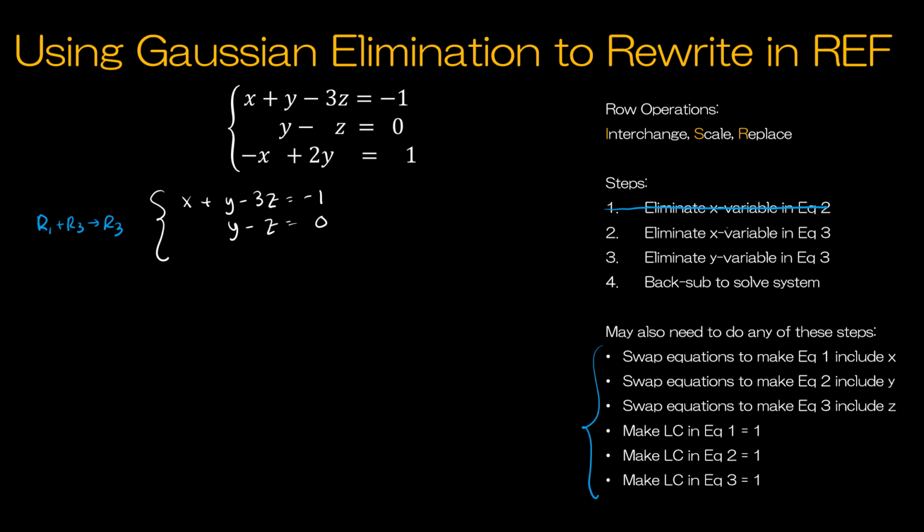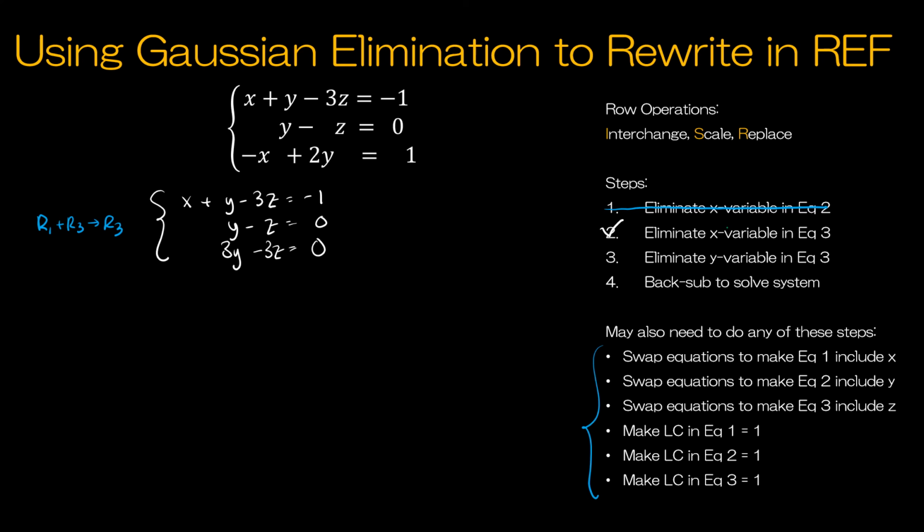So x plus negative x is 0x, 1y plus 2y is 3y, and negative 3z plus 0z is negative 3z is equal to -1 plus 1 is 0. That's my first step. My second step is to eliminate